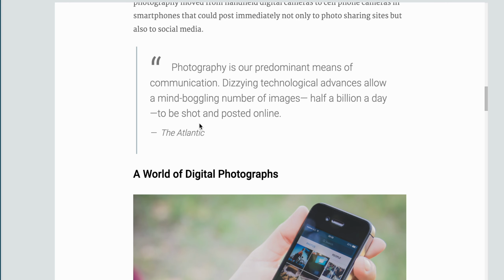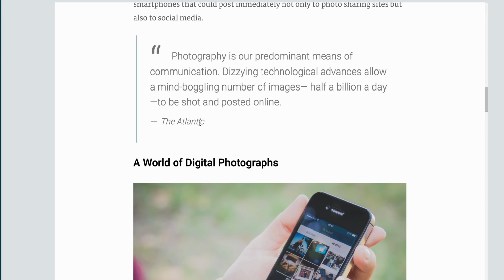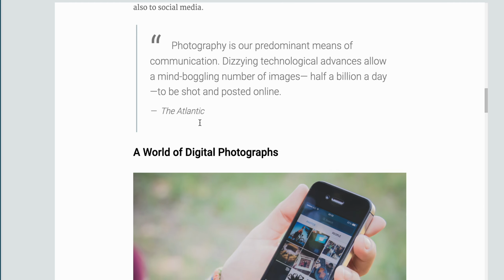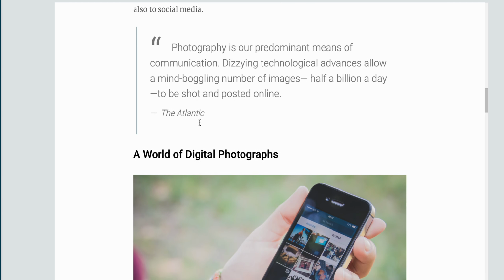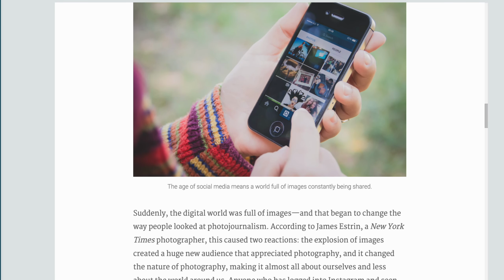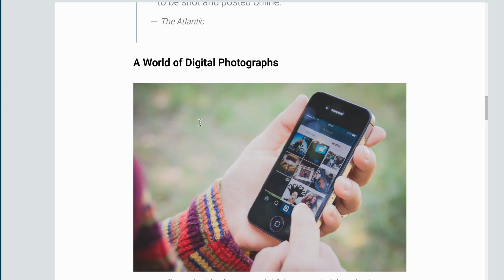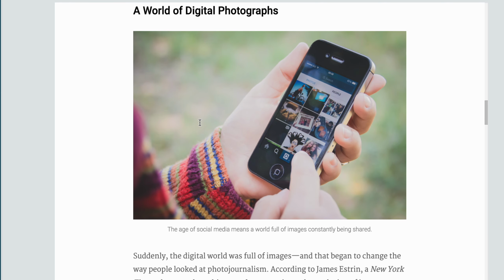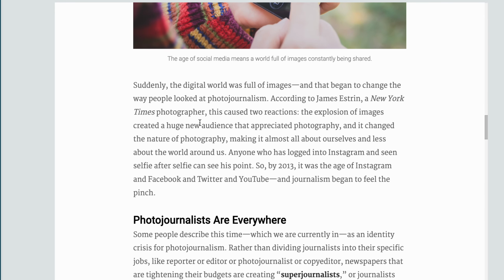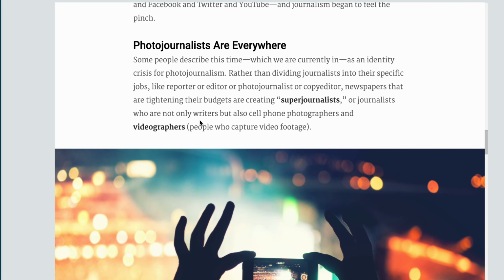Of course, if you're asked to reflect on this quote, you need to tell whether you agree or disagree with the idea of just taking pictures anytime, anywhere, and posting them online, and the idea of blogosphere and bloggers and what they do. Do they have the right to take pictures of people and just post them online right away or no? As we said, now the world is full of digital photographers. Anybody with a mobile can be a photographer. Anybody can take a picture, post the picture, is delivering a message. So this is journalism or photojournalism.